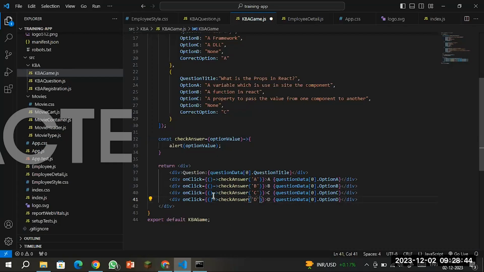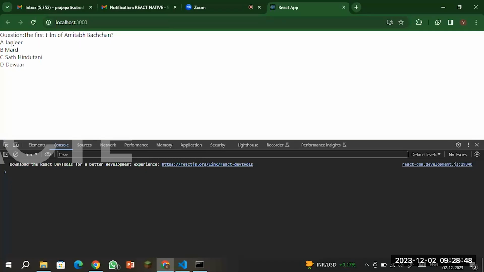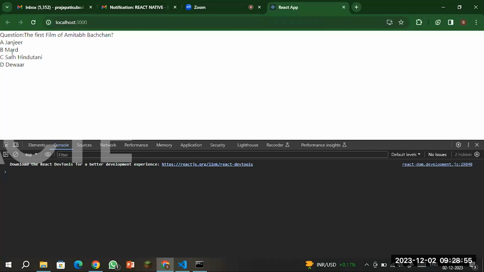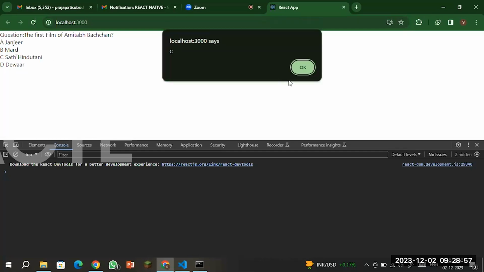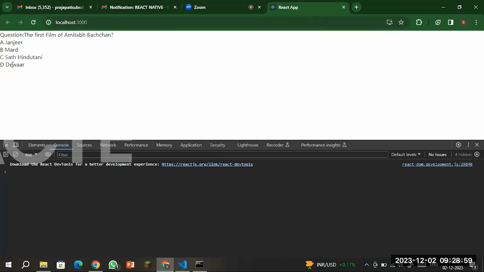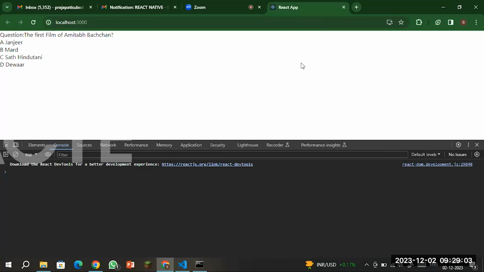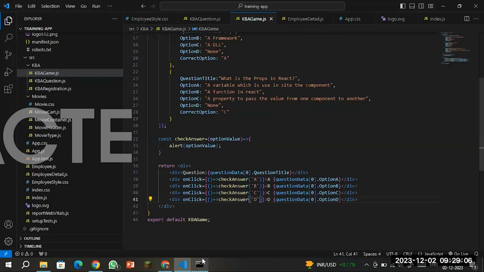So whenever any of the divs is clicked over here, you will see that it is showing the option. That is a B, if I'm clicking on the C. So I know which option the user has clicked. So now I need to check whether this answer is correct or not for this option, for this question. So